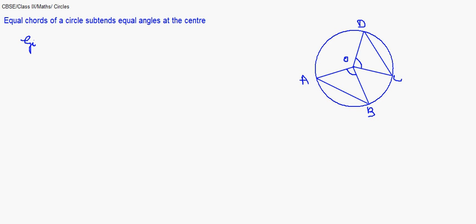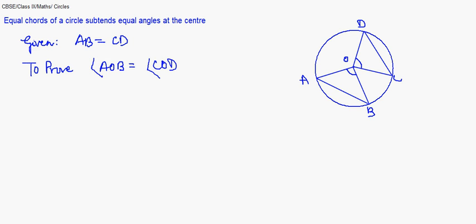So the given part here is AB is equal to CD in this figure. What we have to prove is angle AOB is equal to angle COD. We proceed with the proof as we did in the previous theorems. If we can prove the congruency of these two triangles, then by CPCT we can say that angle AOB is equal to angle COD. So when we start the proof, we write,